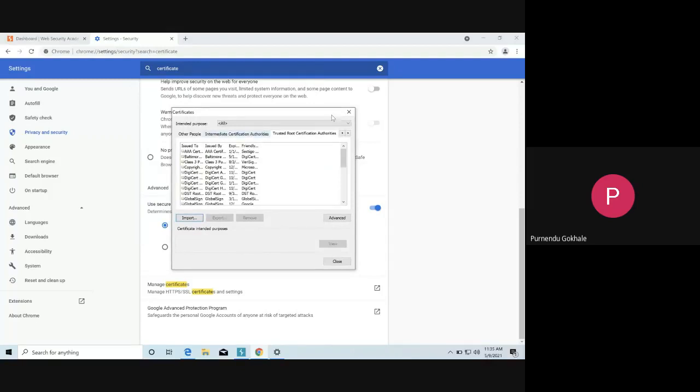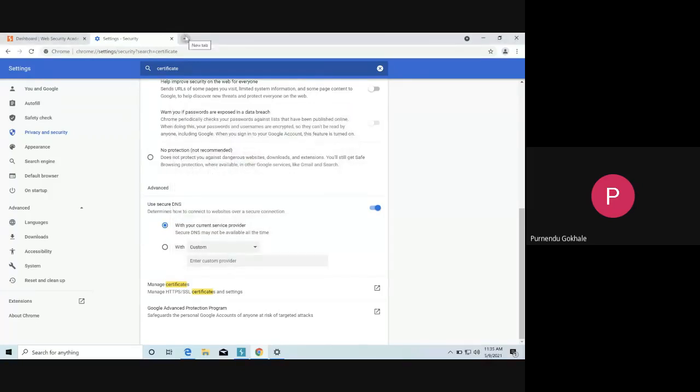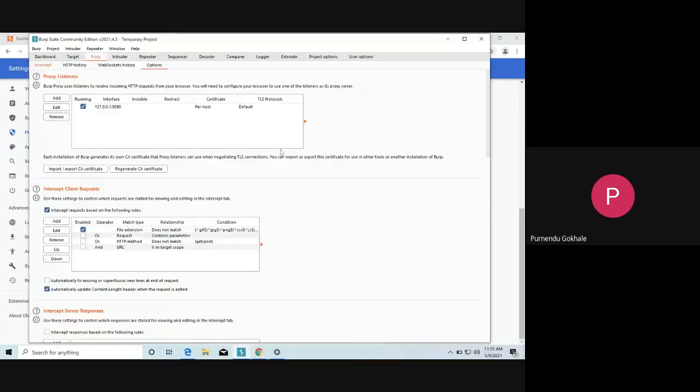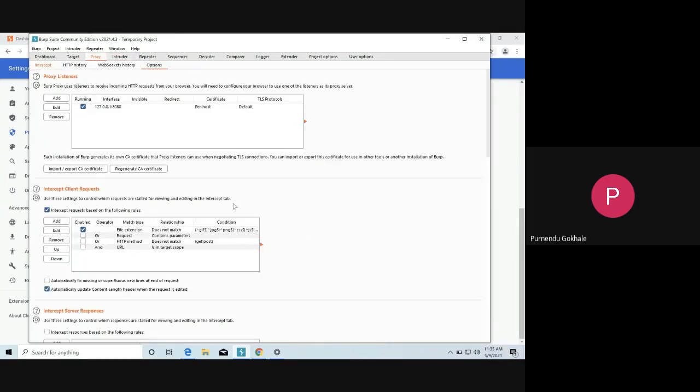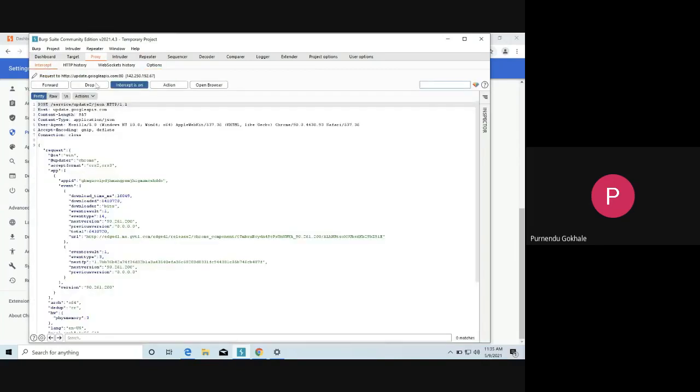Close this certificate window. Now open the Burp Suite, go to proxy, not intruder, and go to intercept and turn on the intercept.